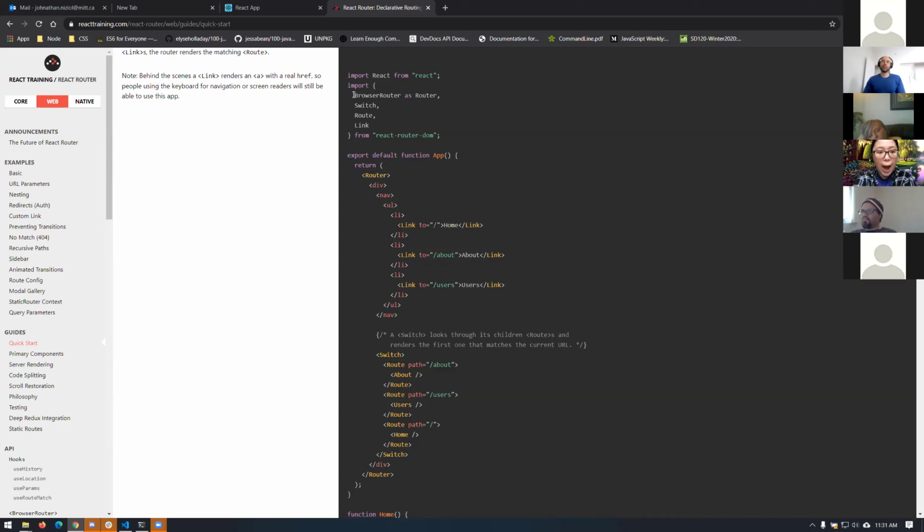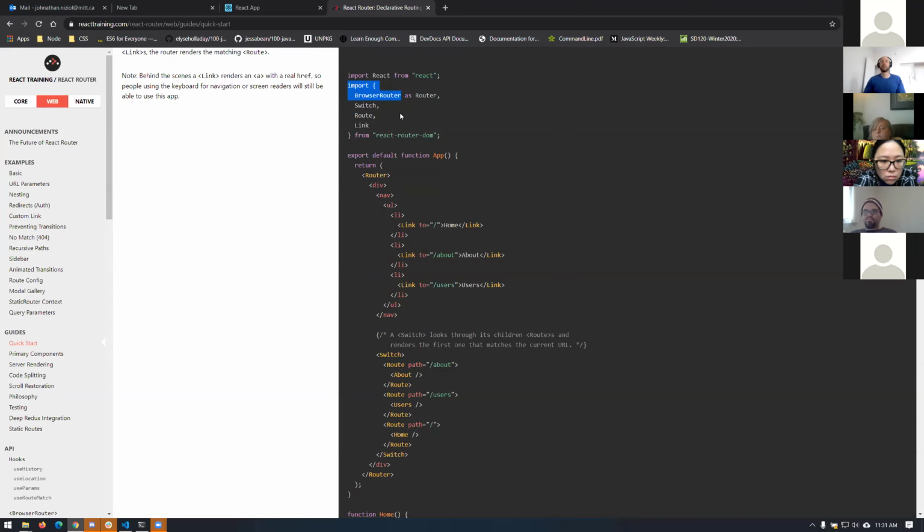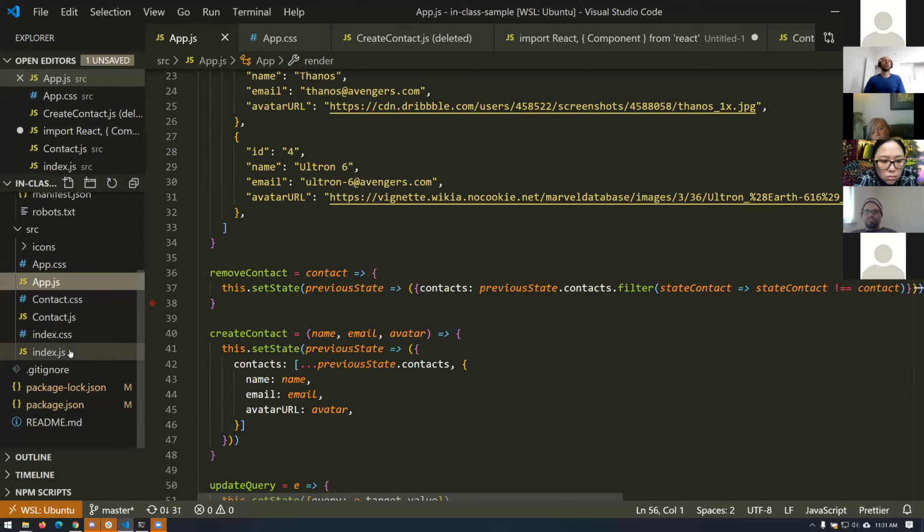So the first thing we're going to look at is BrowserRouter as Router. We don't need to include the "as". All that does is allow us to change the name if we want. We don't want to change the name. We're fine using it as the word BrowserRouter. So we're going to bring this import BrowserRouter, and we're going to use it inside